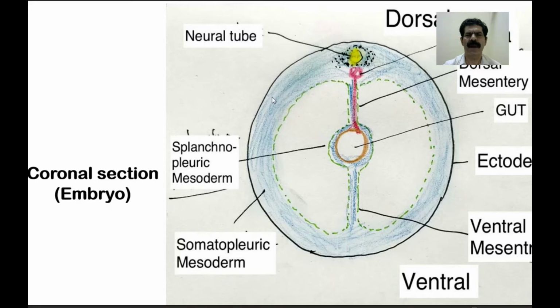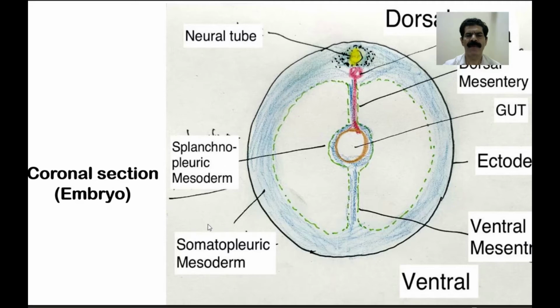The outer part is the somatopleuric mesoderm. It will form below the surface ectoderm. It will give rise to the anterior abdominal wall, the lateral abdominal wall, and the posterior abdominal wall. So this somatopleuric component will give rise to the anterior, lateral, and posterior abdominal wall with all its muscles, arteries, veins, nerves, as well as the bony component, the lumbar vertebra posteriorly. That is the somatopleuric component. Soma means the body wall. It will give rise to the body wall.